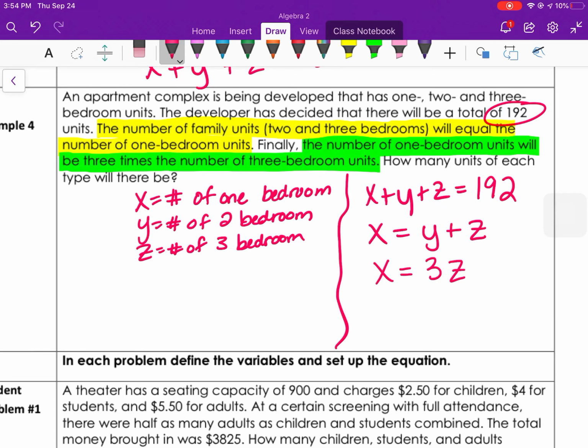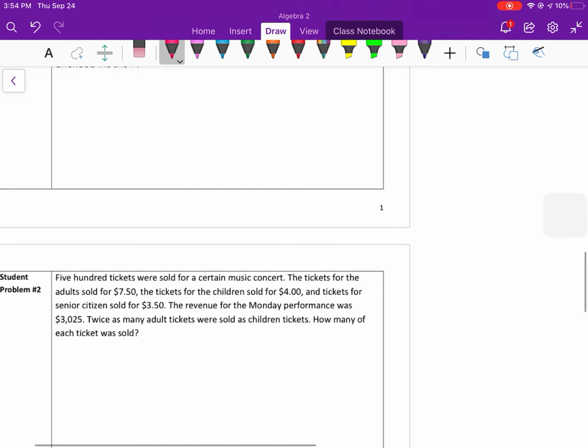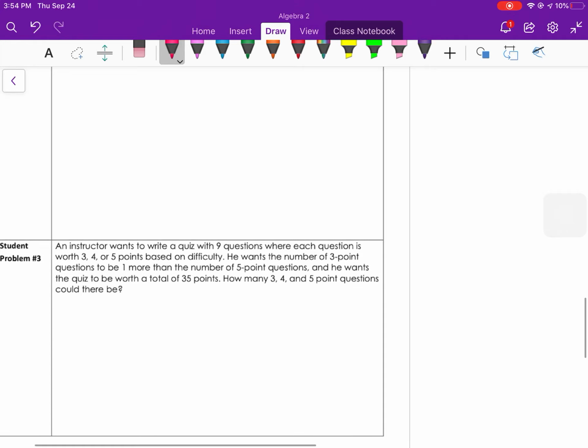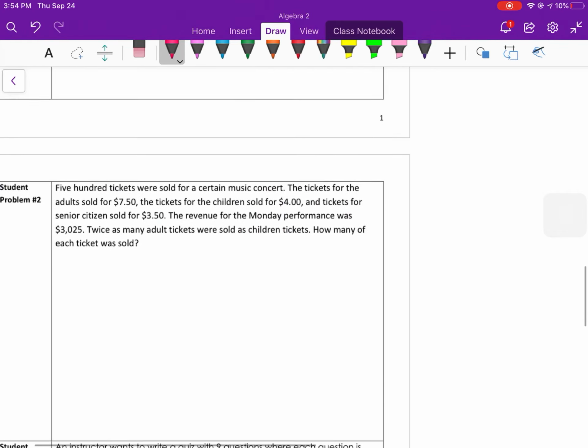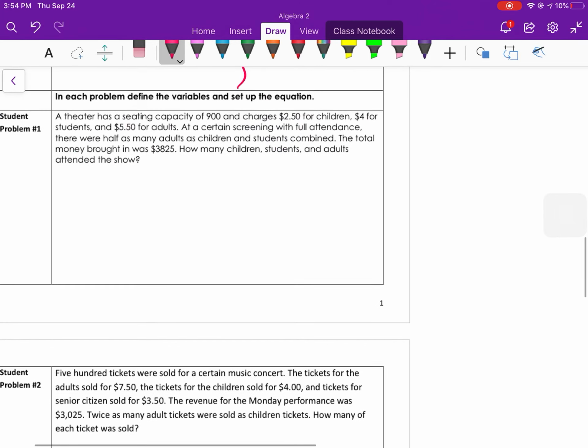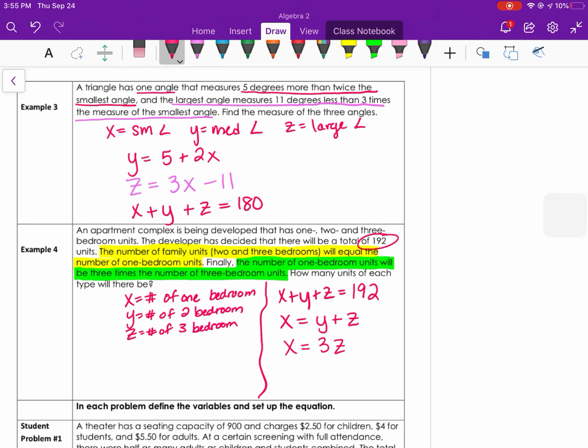All right. Hopefully that made sense. Okay, so try a few on your own. There are 3 for you to do. They are all 3 variable equations, and they're all essentially how much of each type. Let me know if you have